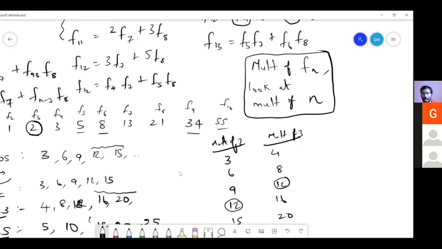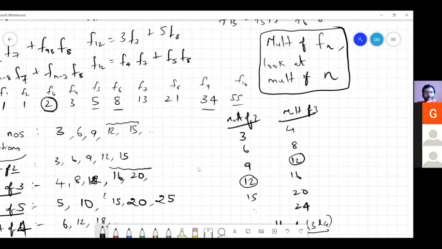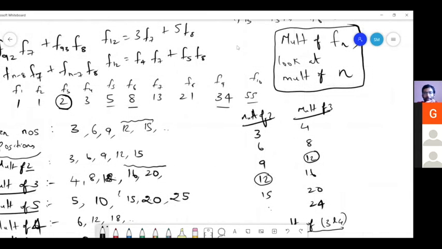So any comments on this? Any comments, counter examples? So what question does this raise? So what all questions does this observation raise? Another interesting thing that is beyond this statement which Gauri ma'am made. For example, multiples of 4. No Fibonacci number is a 4. Then for the multiples of 4, we are seeing 6, 12, 18, and so on. So what is happening here? Can you tell anything about that also?